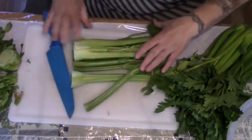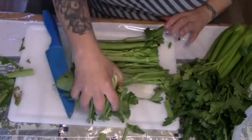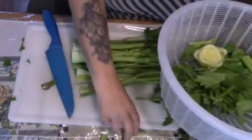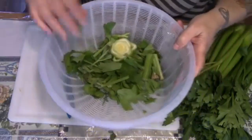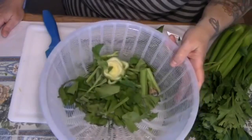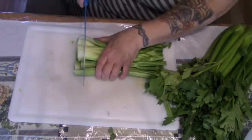So what I'm going to do right now is remove the tops and the bottoms, and I'm going to put these in a separate strainer because I'm going to wash these and save these for vegetable stock later on. Actually, I will probably boil them and then give the leftovers to the pigs. And in the meantime, I'm going to cut these up